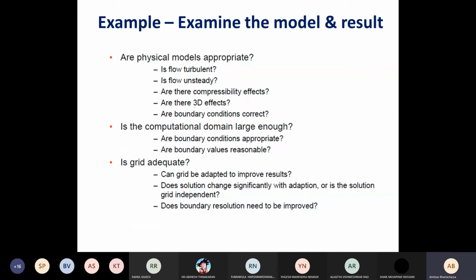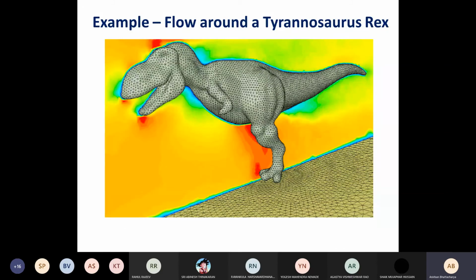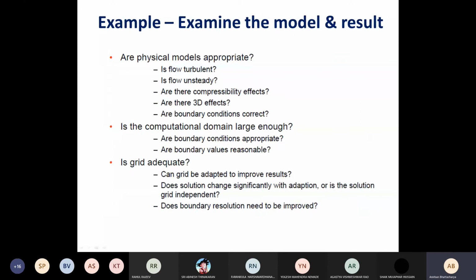So once you get the results, we should not just consider that we have finished the problem and we have the results, like for example, these results. We should not consider that these are the final results. We should pause at that moment and think about the results, and ask ourselves a few questions: whether the results are correct or not. In the previous class, we had discussed how to get an idea whether the results are correct or not.